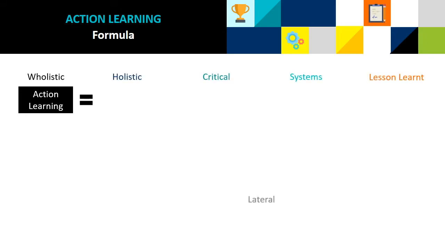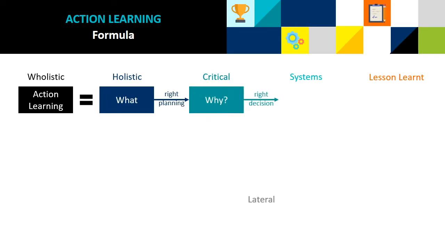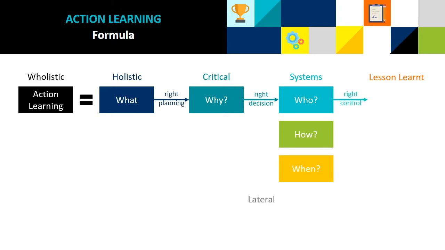To assist me in answering these 3 things, I will use the action learning formula developed by Professor Dr. Casey Chan. This formula consists of 5 steps. The first one, I need to answer what are my core competencies. Then, I need to give the reasons on why I need to know my core competencies. After assuring the importance of knowing my core competencies, then I need to start to think who I want to be, how to achieve my plan, and when will I achieve it.